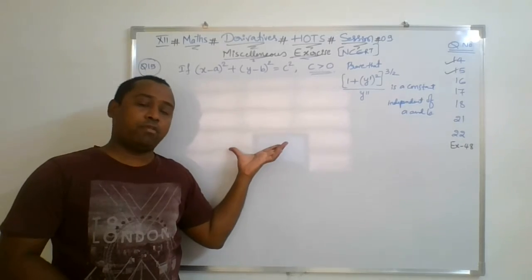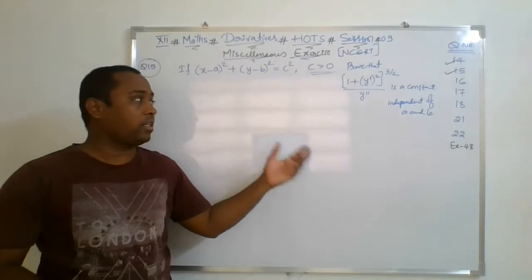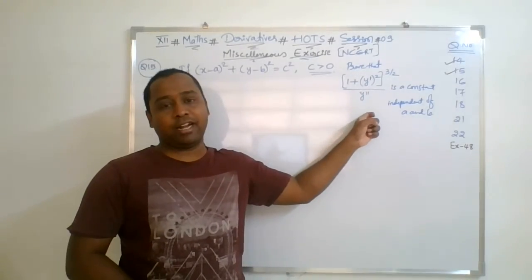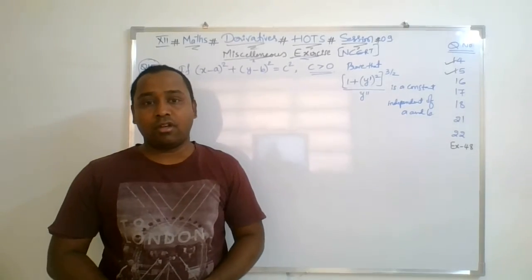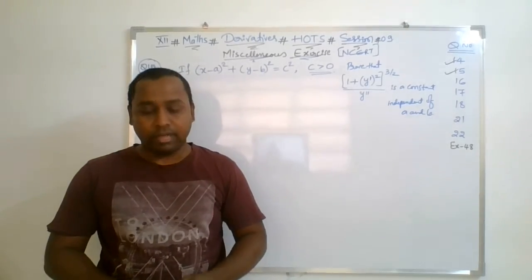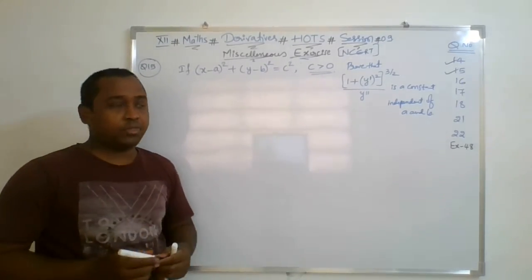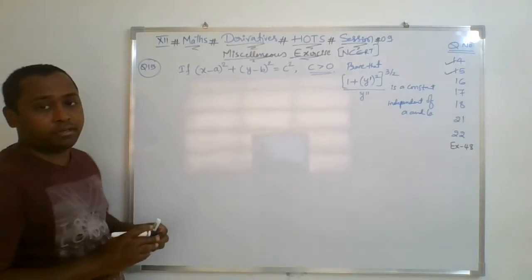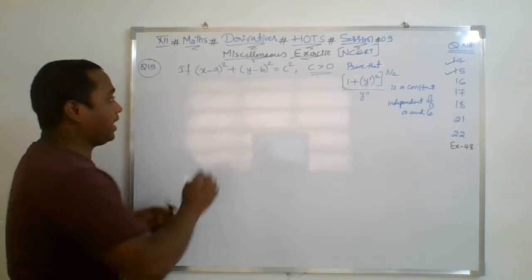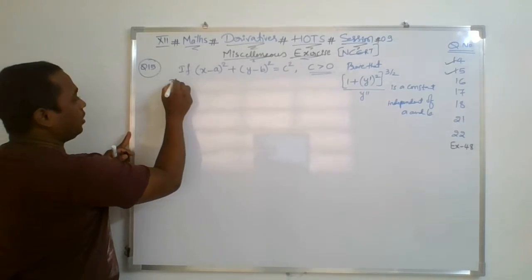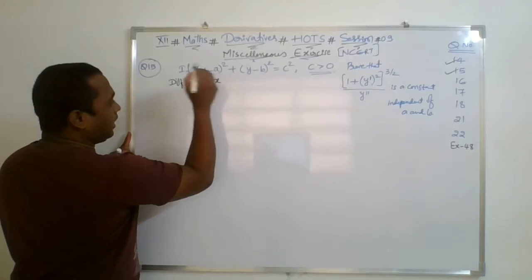When you take the derivative of this equation of the circle, you will get y dash and y double dash. Then substitute these y dash and y double dash over here to simplify further, and you will see how magical an answer you are going to get. It's so interesting and so simple, right? Let's take the derivative on both sides with respect to x. So I am doing the differentiation of this function with respect to x.